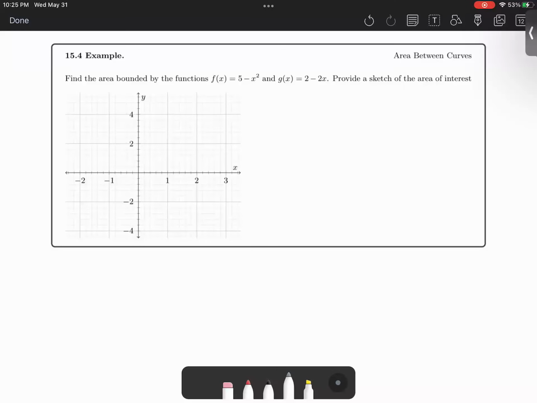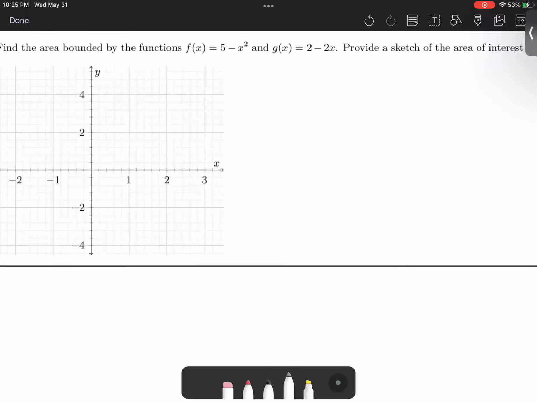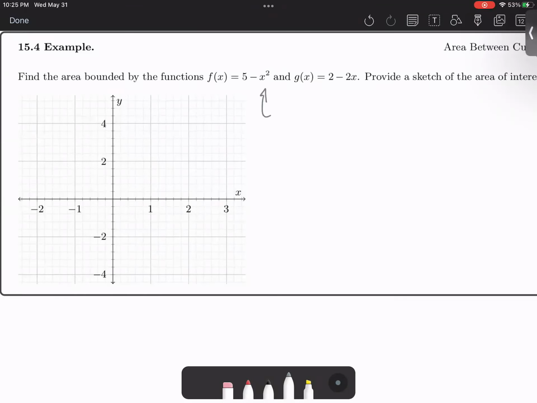All right, let's find how much area is between these two functions, 5 minus x squared and 2 minus 2x. All right, so let's graph these. 5 minus x squared,